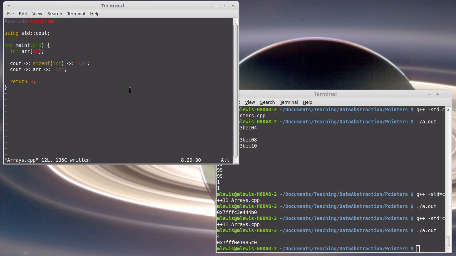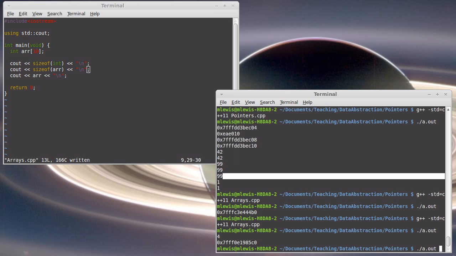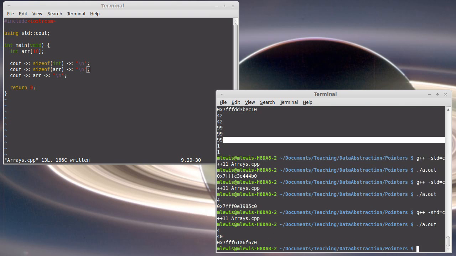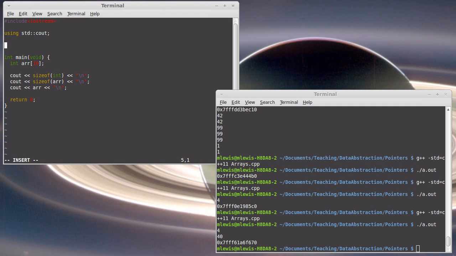And indeed, it's an interesting question. What is the size of arr, this array that we have just declared? And it says, sure enough, 40. Okay, that's all great. Very nice. What happens if we pass this into a function? Well, void